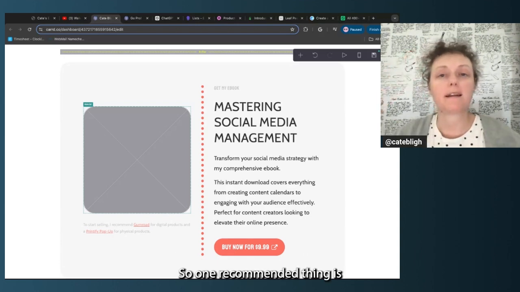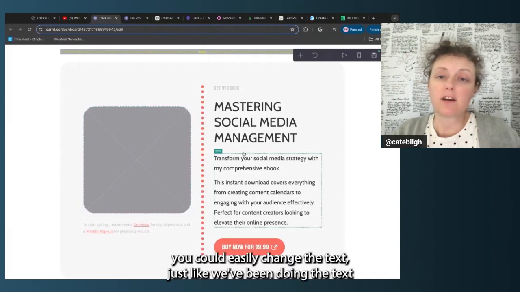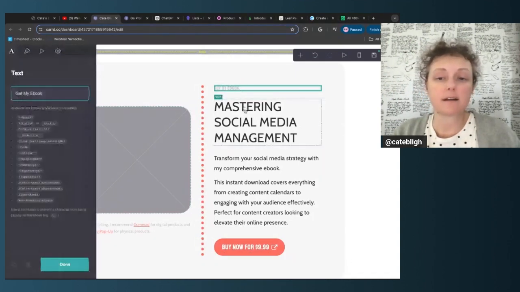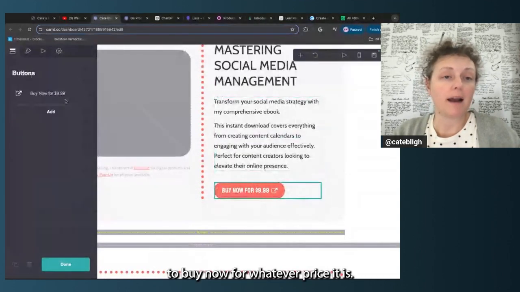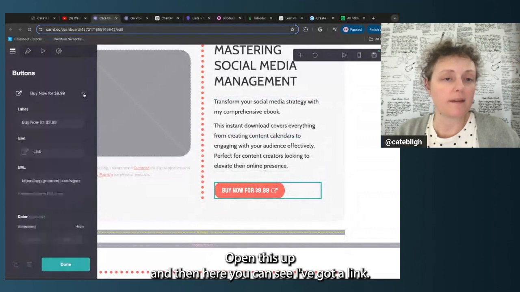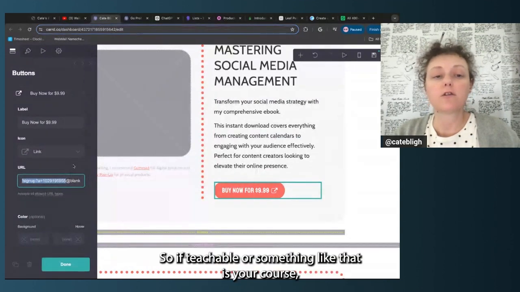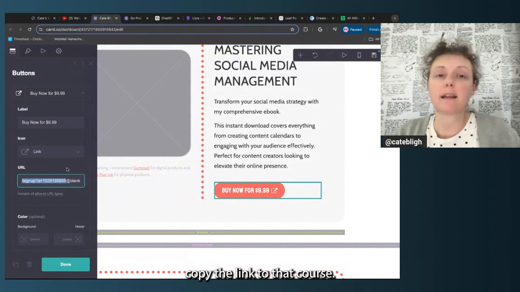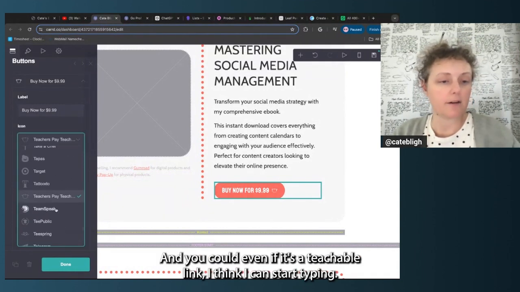So one recommended thing is, if you have a course or something built on another site, you could easily change the text, just like we've been doing with all this stuff, to fit your content. Change this button to buy now for whatever price. I'm going to just open this up. And then here, you can see I have a link. Just change that URL to whatever platform you're on. So if Teachable or something like that is your course, copy the link to that course. And you could even, if it's a Teachable link, I think I can